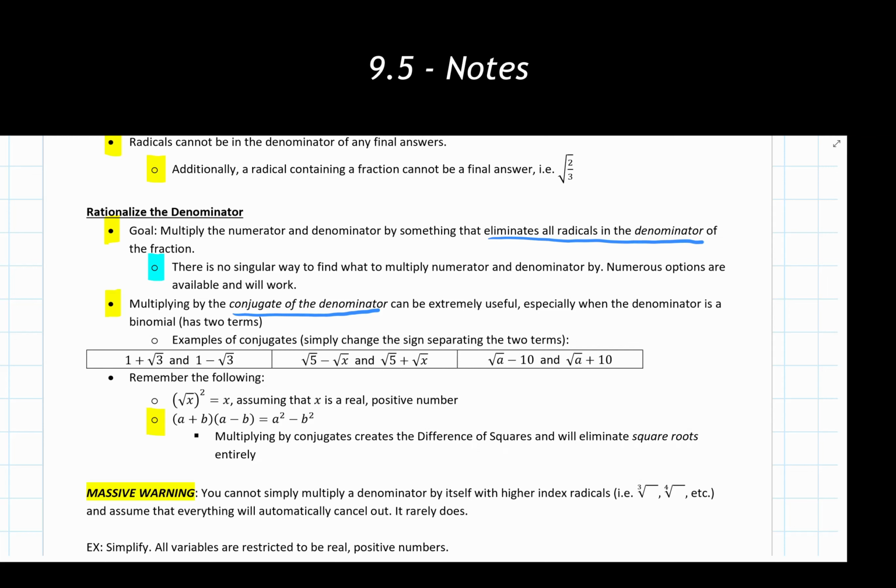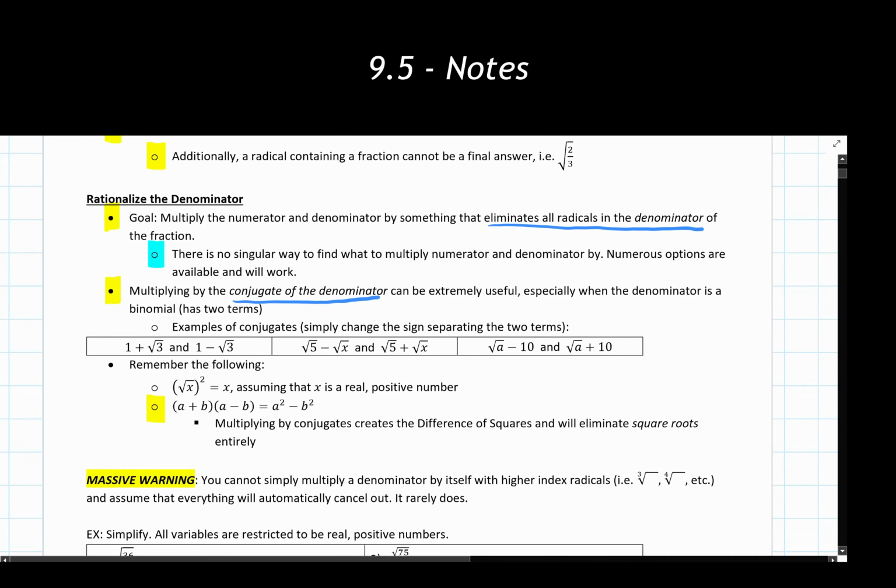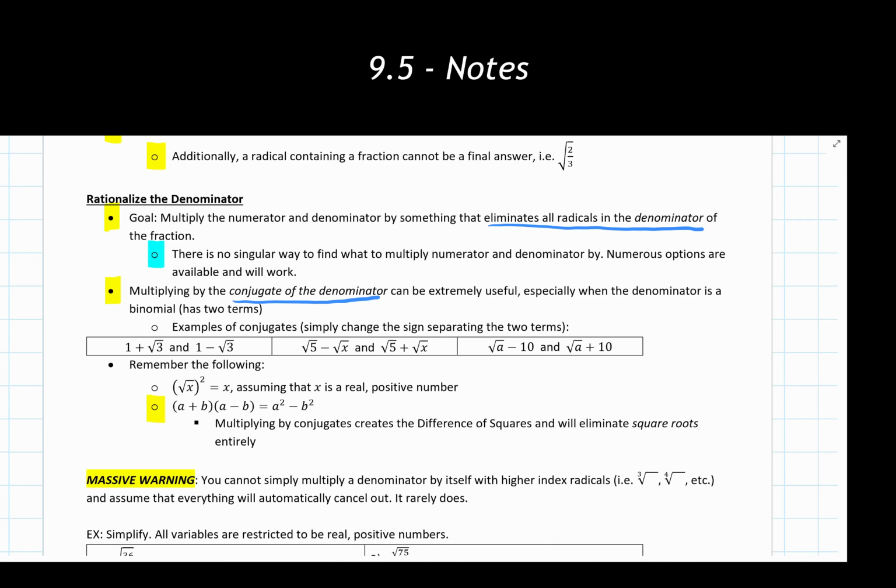Okay? Now the last part that I want to note here at the very bottom is a massive warning. Again, I mentioned this earlier, but just bringing this up again. I would recommend, if you're writing any of these things down for yourself, that you put a lot of stars around this, because this does show up in future classes and a lot of other problems. The way we are going to go through and solve these square roots does not work when we get to higher index radicals. We're going to see that with these problems, with the square root ones, we can multiply by the denominator, and that will get us to our answer.